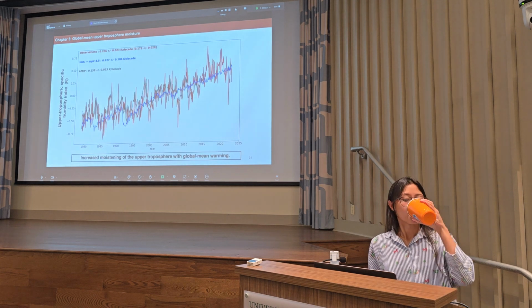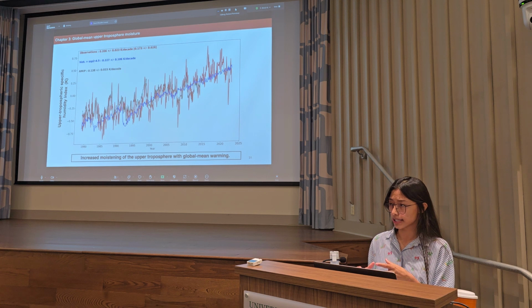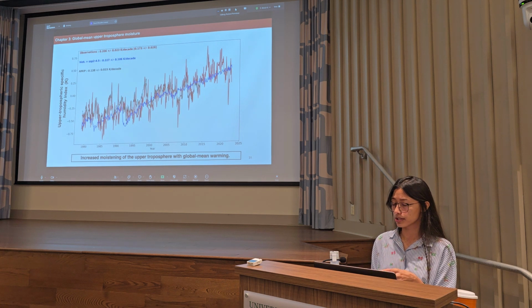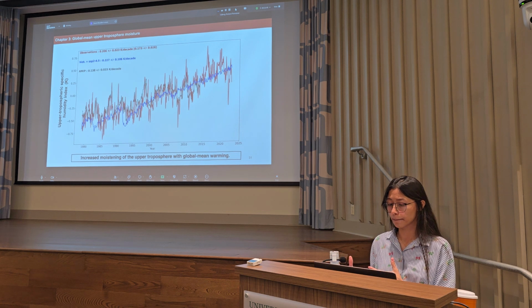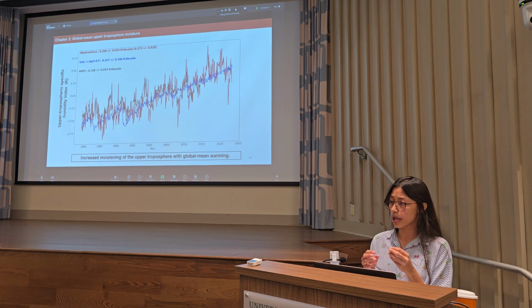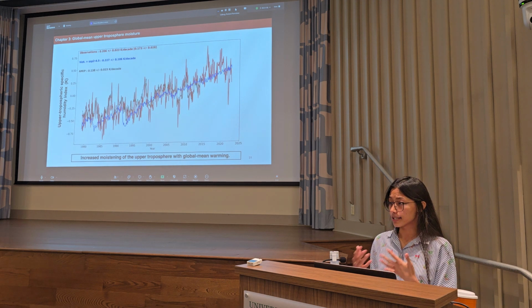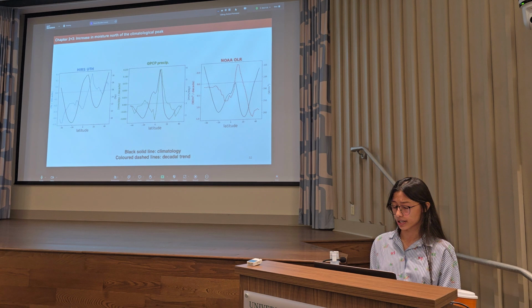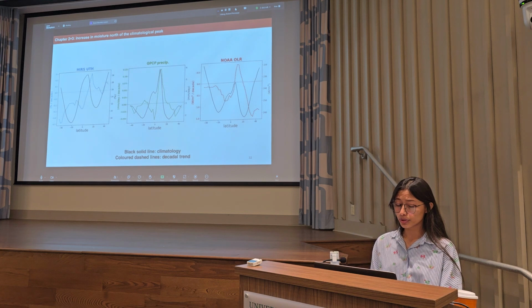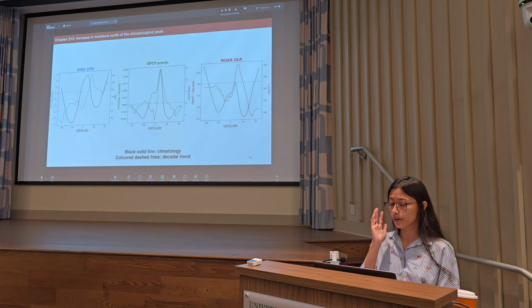So in Chapter 2 and Chapter 3, we created this proxy dataset by using HIRS observations for 40-plus years of upper tropospheric humidity. So it got us closer to that goal of moving away from heavy reliance on reanalysis datasets and creating this supplemental observational proxy. But at the same time, it revealed something very interesting, which, as shown here for the HIRS UTH dataset, in the blue dash line, we find for the decadal trend a shift of the climatological pattern in the deep tropics.